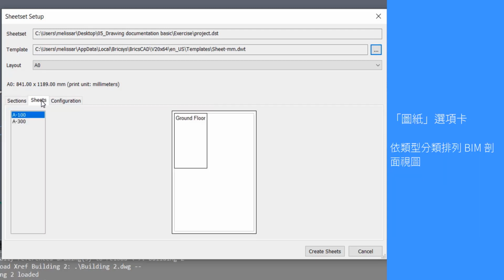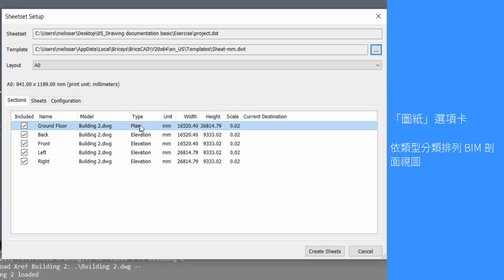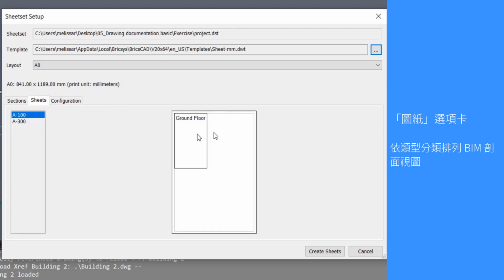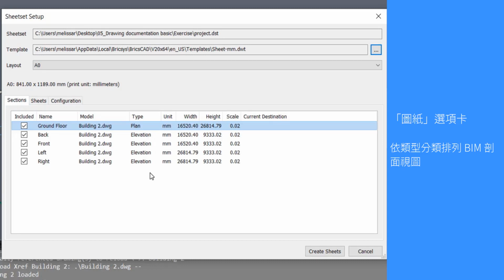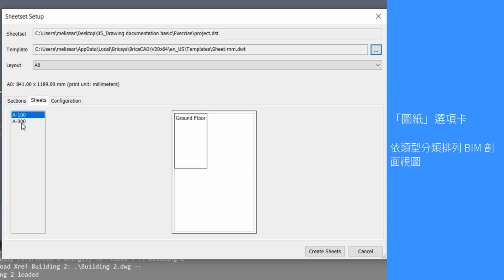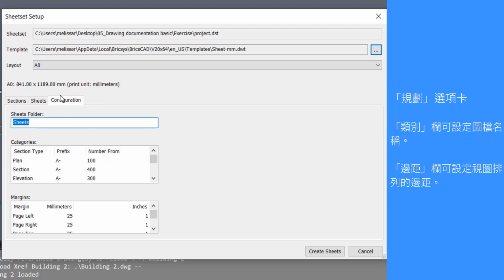Here are the sheets. And as you can see, we have 1 and 2. They have different names, and the reason for that is because of the type of section. We only have one type of plan, so that's an A100. If you were to have another plan section, it will also try to put it all together here in one sheet. And the elevations, we have all 4 elevations. So if I click here on the A300, you can see it has already put them together for you. And then if you go here to the configurations,